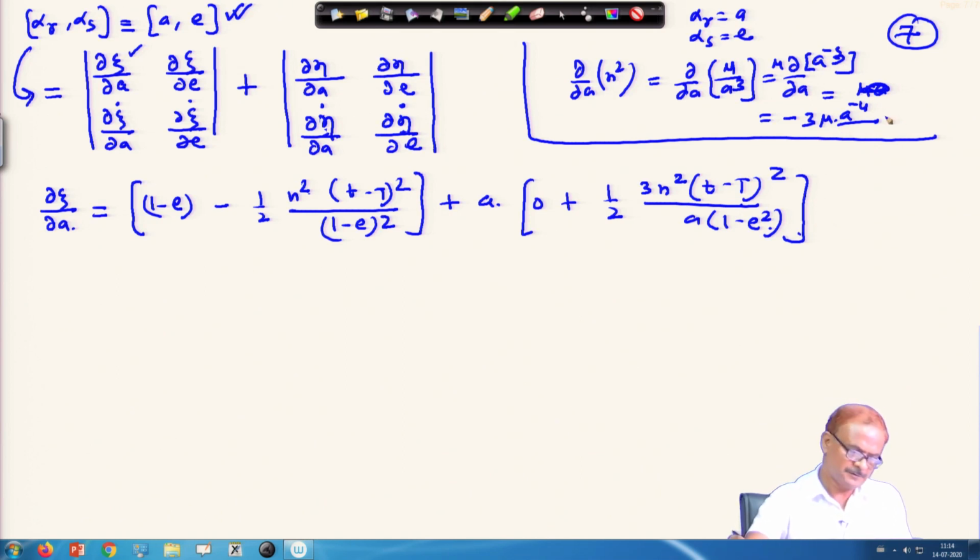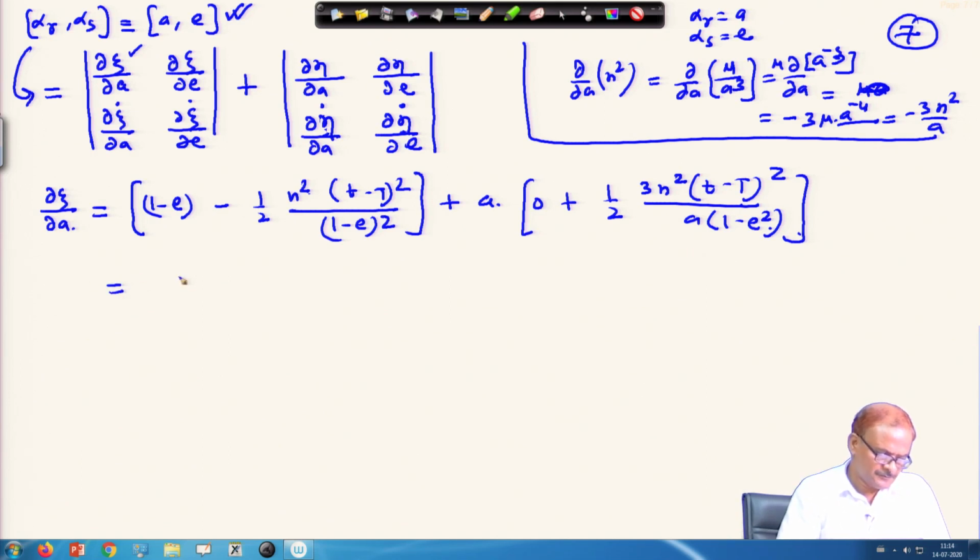This is nothing but minus 3 n square divided by A, because mu by A cube is n square. This is the thing we have used here, and this can be reduced finally to 1 minus E